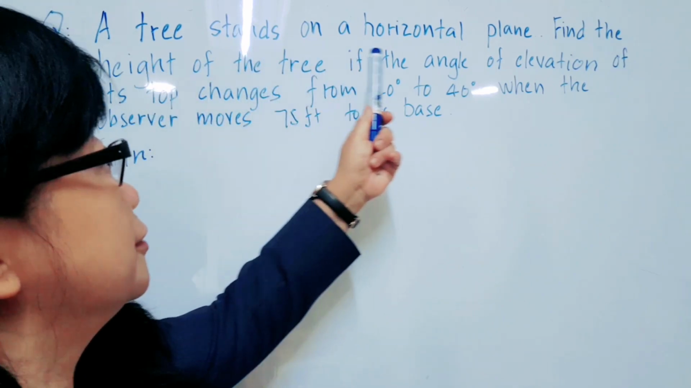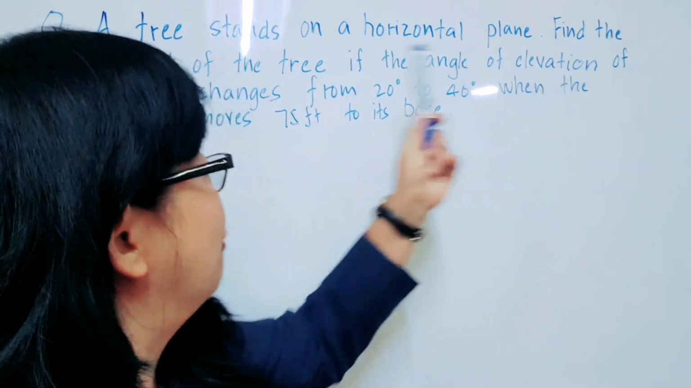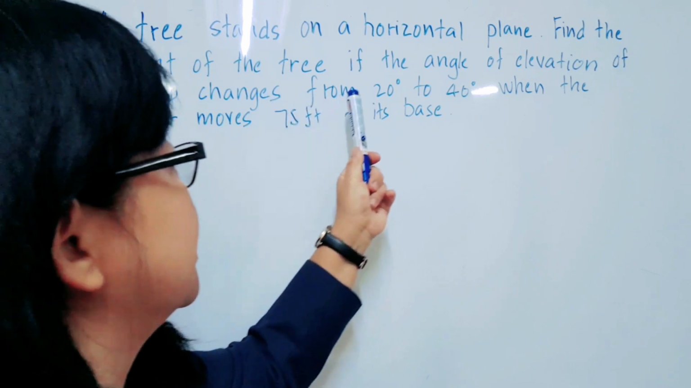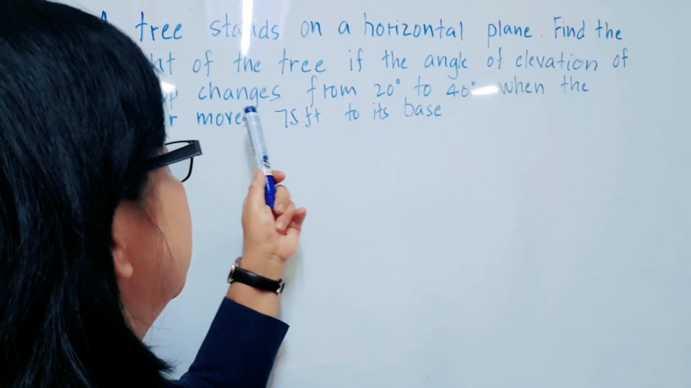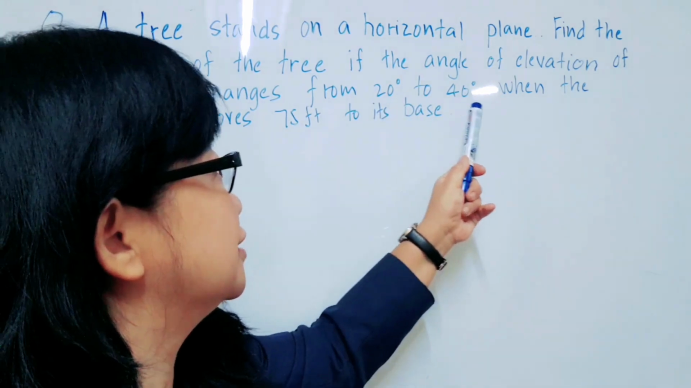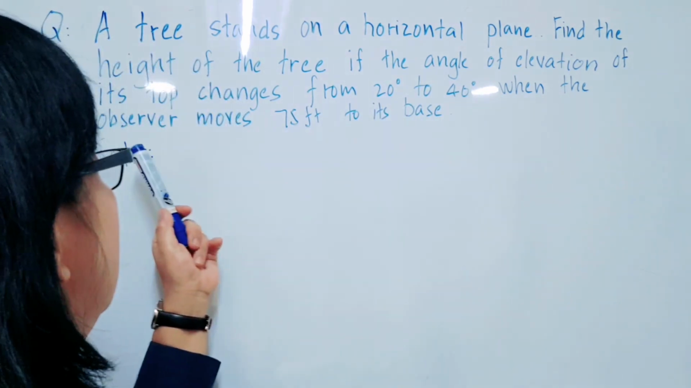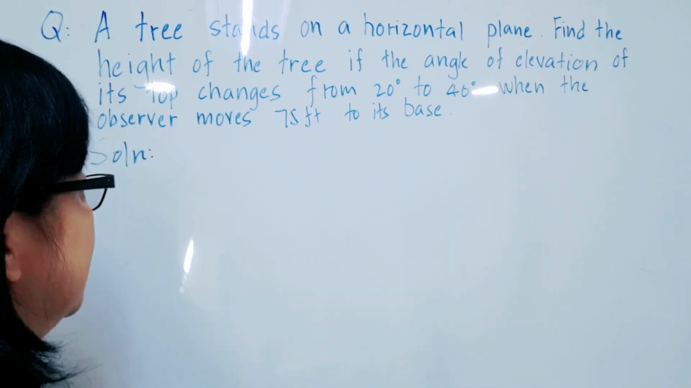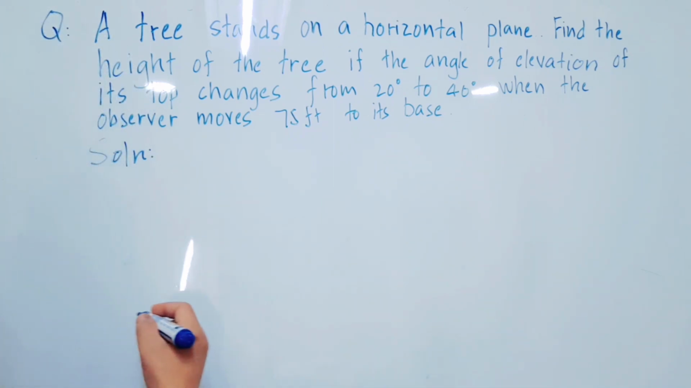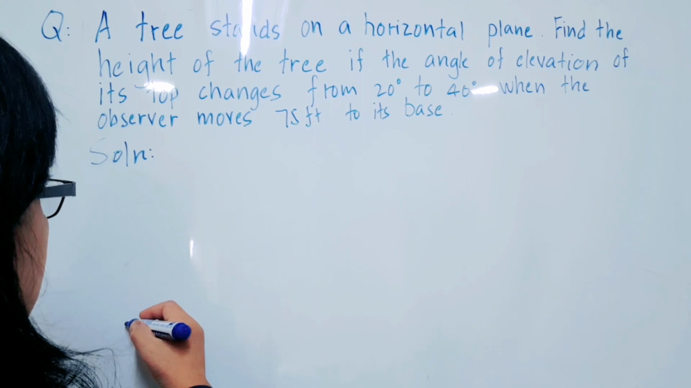A tree stands on a horizontal plane. Find the height of the tree if the angle of elevation of its top changes from 20 degrees to 40 degrees when the observer moves 75 feet to its base. Now, if you will make the rough sketch of this one,